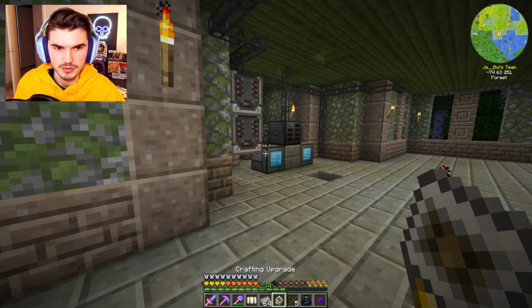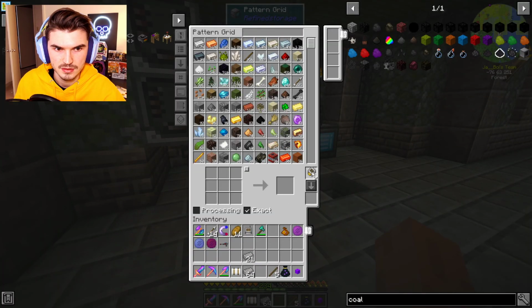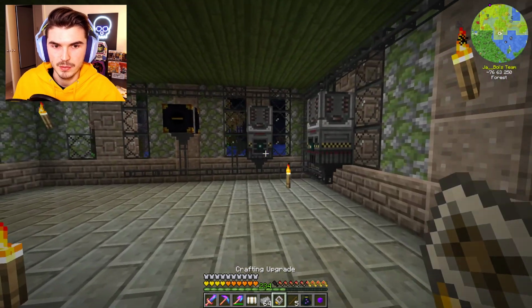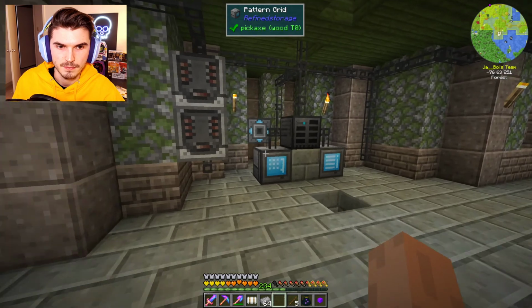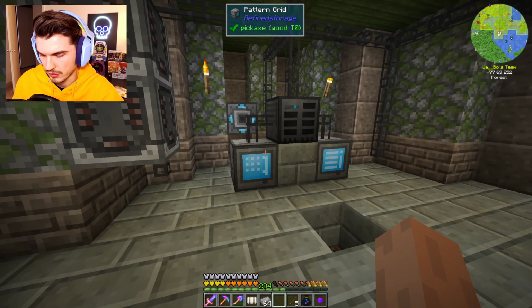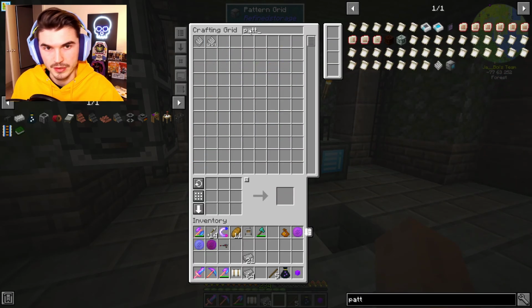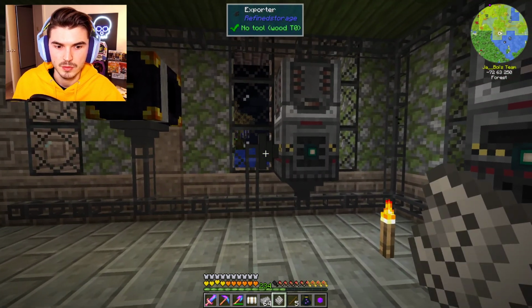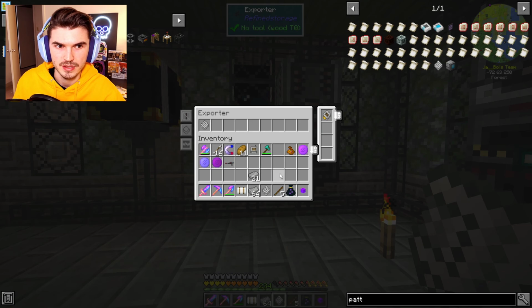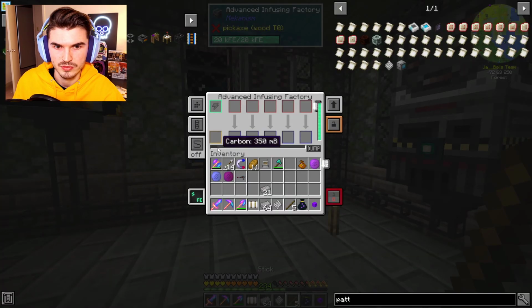Trying to remember how we got to use this. Does it go into the pattern slot then? Is this how we do it? Or no, this is how we... Oh, I see what we got to do. We throw this in here. We take that off of there, right? And then we come back over here to our setup. And we go back to our pattern, right? And we had one that would make coal from this. So then what we do is we come back in here. We throw that in there. And then what it should do is craft them over to normal...